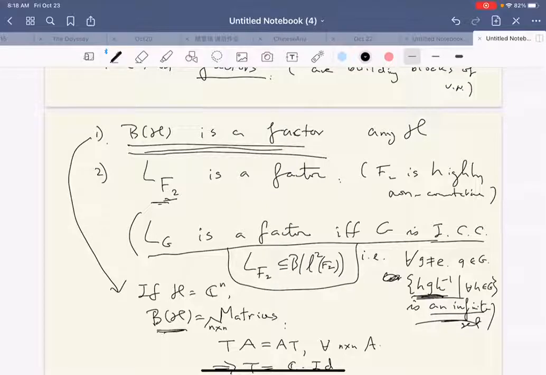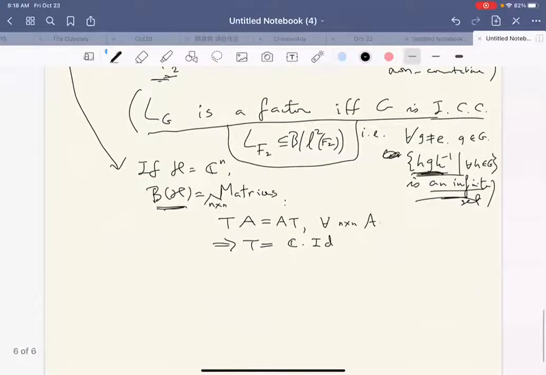You should consider n by n matrices for n bigger than 1. That's not the commutative group algebra of the trivial group. Okay. I see. You're right. Okay. Thank you. Okay. So let's